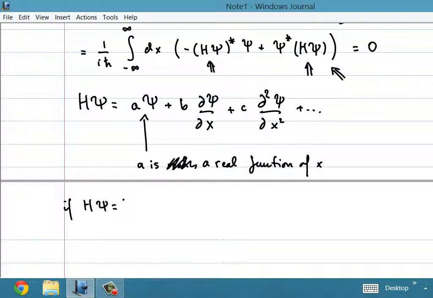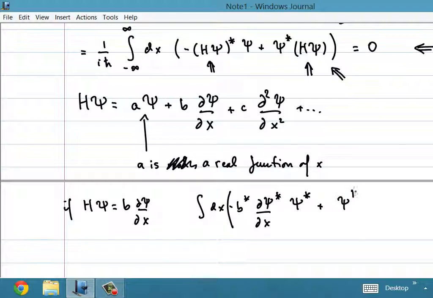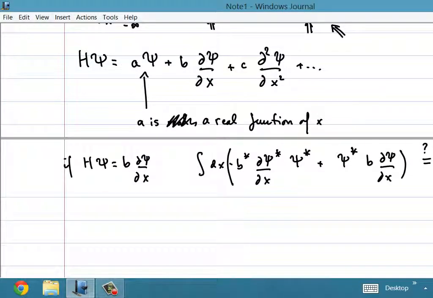So if h psi is b times the derivative of psi with respect to x, let me write it out, d psi by dx, then what we have in this equation up here is the integral dx of minus b star d psi by dx star times psi star plus psi star times b times d psi by dx. And we would like to ask under what circumstances that could be equal to 0. It doesn't look like it's equal to 0 at first sight. But if b is equal to a constant,